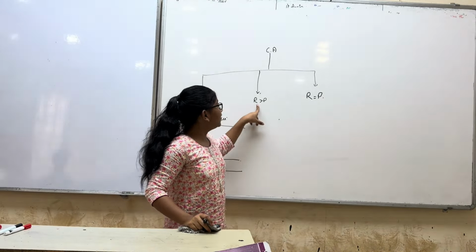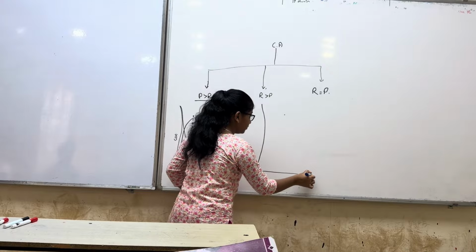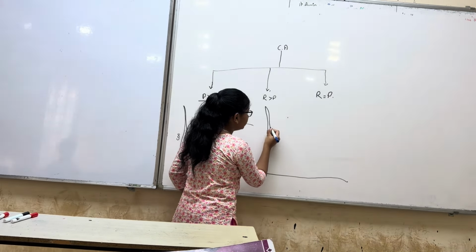Second one is reactant is greater than product. इसका ग्राफ